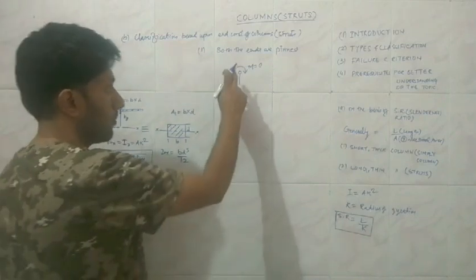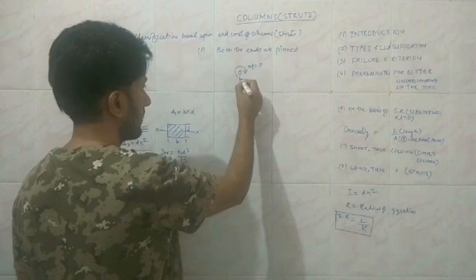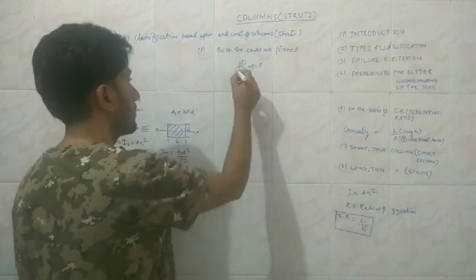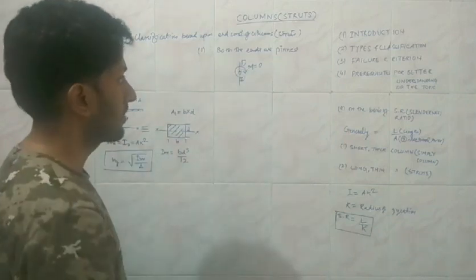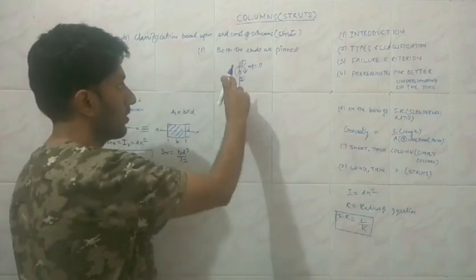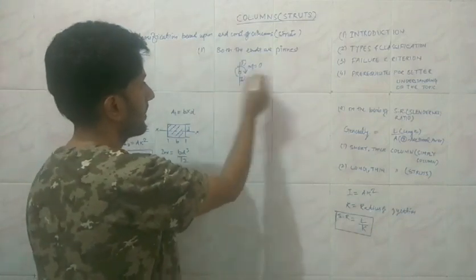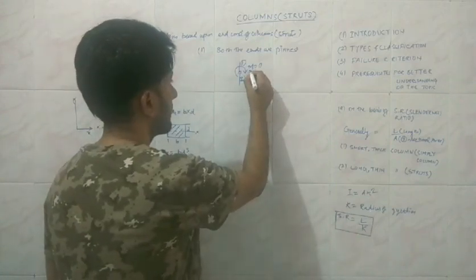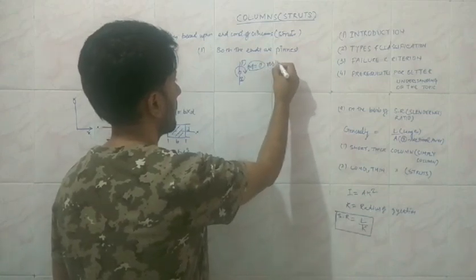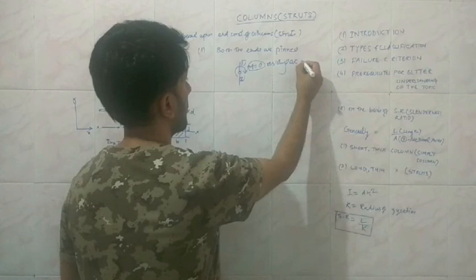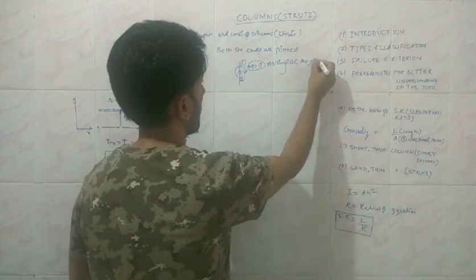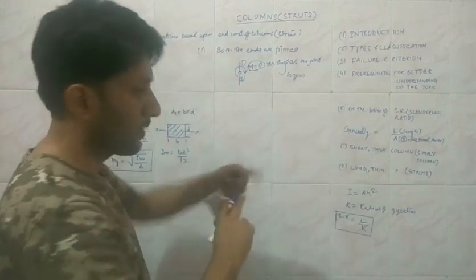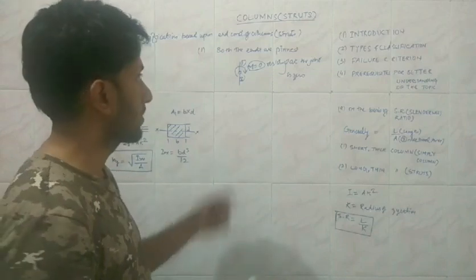Say this is member 1 and member 2, pin jointed over here. Resistance to the moment is going to be 0, but the joint as a whole can move in the downward and upward direction depending upon the direction of the load. So the important point is that the resisting moment at the joint is 0, because the pin joint is designed for rotation with respect to each other.